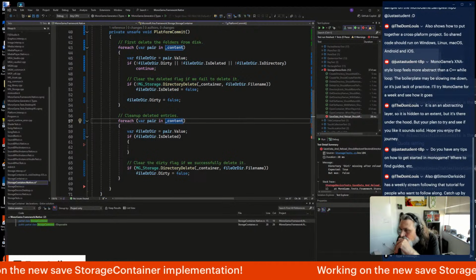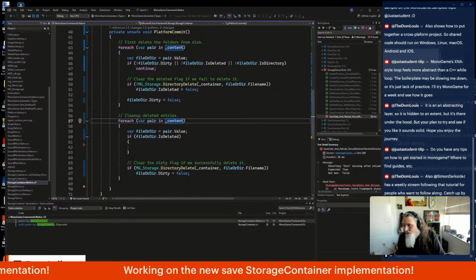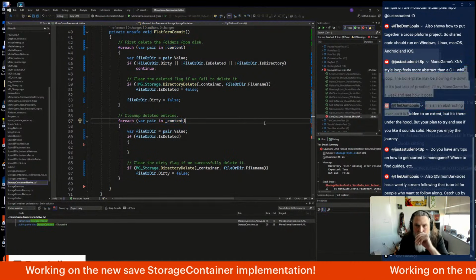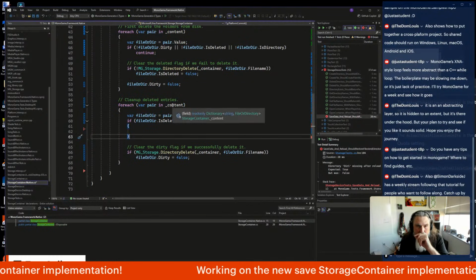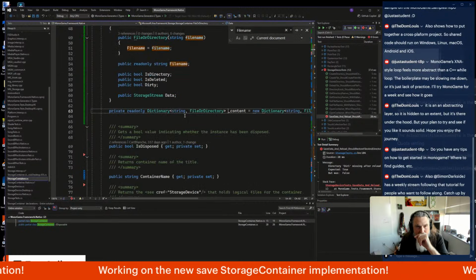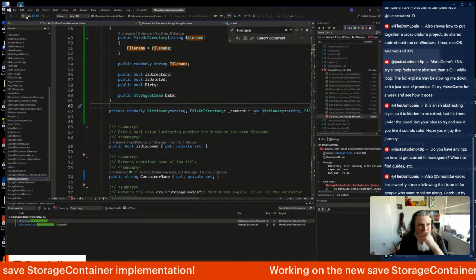Huh. Concurrent dictionary allows you to remove stuff while it's looping. That's interesting. That wouldn't be a bad thing to have here, I don't think. I mean, not that we're trying. Yeah, we don't want to have to do that, but